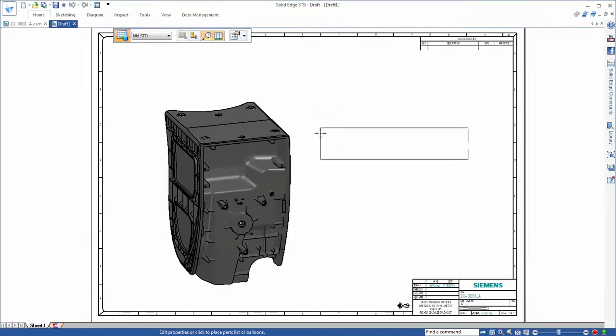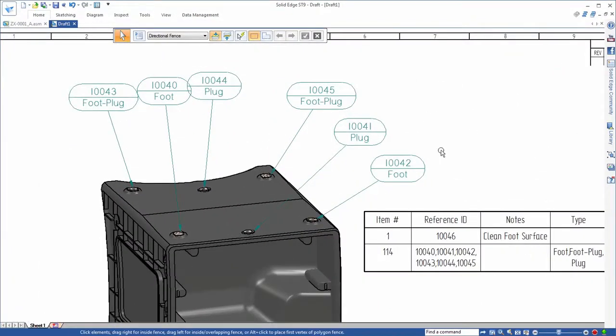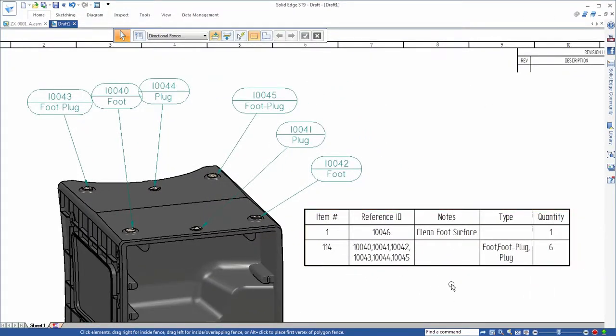We've just showcased a number of powerful ST9 assembly modeling tools that are sure to increase productivity and shorten time to market. Solid